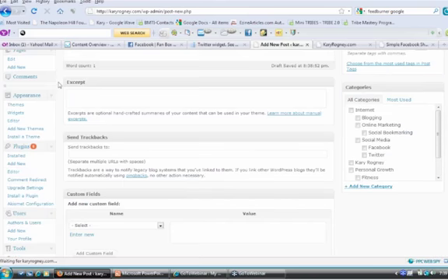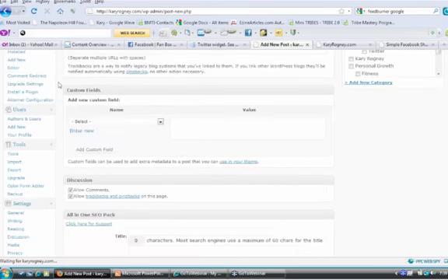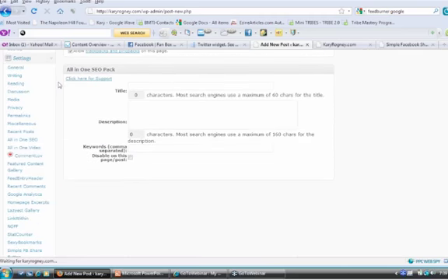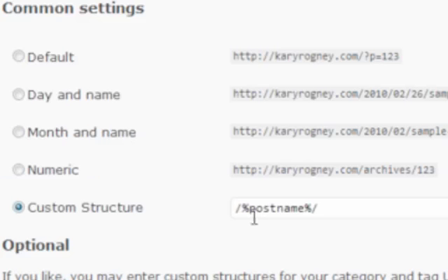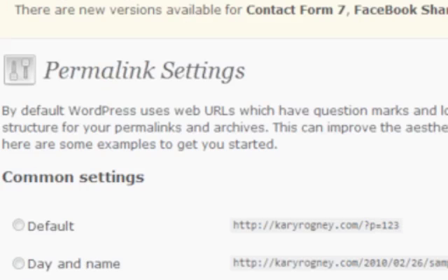So you have to come down and find permalinks. Okay, it's /%postname%/. You want it in this custom structure, and just save your changes. That will be enough. If you don't do that, it's going to be on this default setting, which is ?p=123, just numbers. This is what you want. So let me go